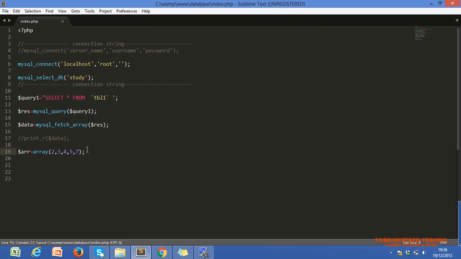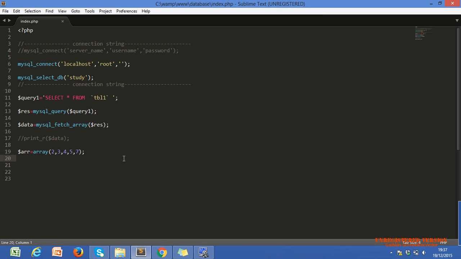This is called a simple indexed array. It means we didn't give any information about the key and value. Every array has a combination of key, or index, and value.